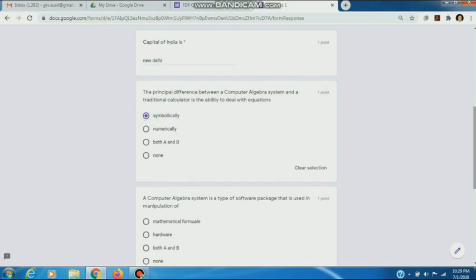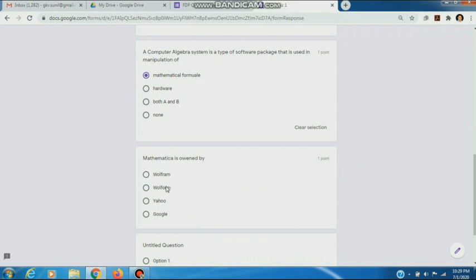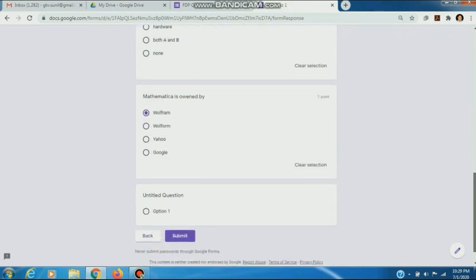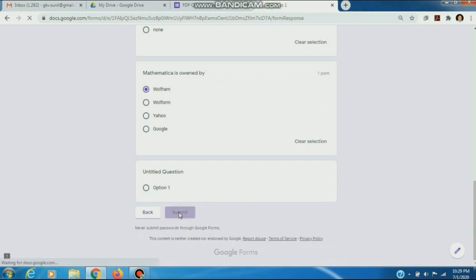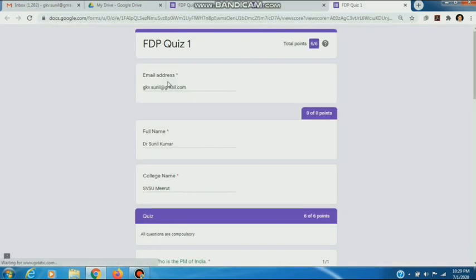A computer algebra system is a software package that is used in manipulation of mathematical formulae. Mathematica is owned by Wolfram. Now I will submit it. I can see my score here. I got total points 6 out of 6.